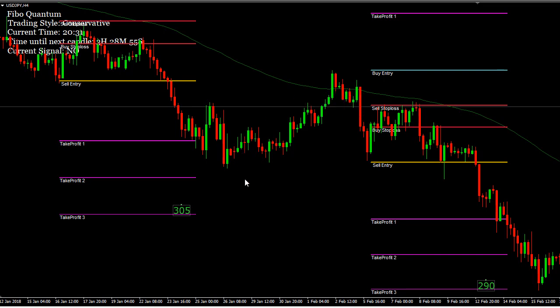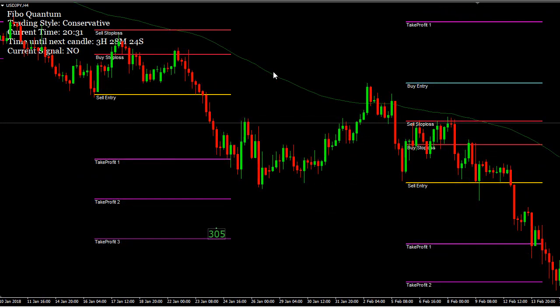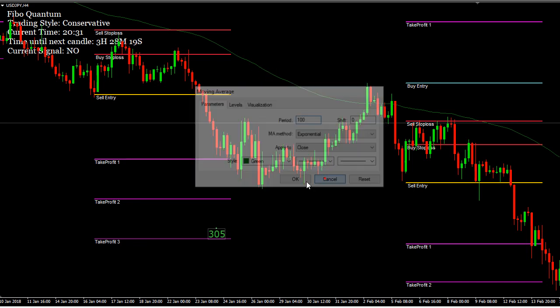You can use a 200, 100 period, whatever you want. Just to change things up, I use the 100 period here on the United States dollar against the Japanese yen, a 4-hour chart, simply because I swing trade. I don't day trade, so I'm not going to look at a lower time frame. But I have had people in the comments asking for this currency pair and for swing trading. So I don't take requests, but it doesn't hurt to do this because it is a pair I trade. So this is the 100 period. I believe I put the 100 period exponential moving average.